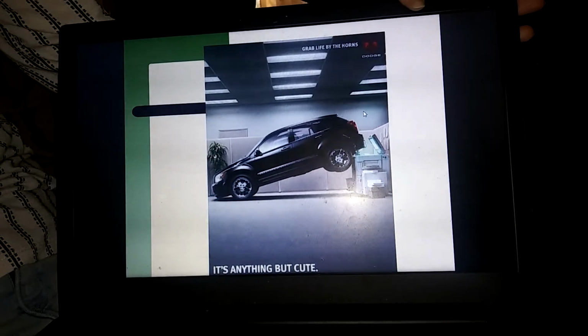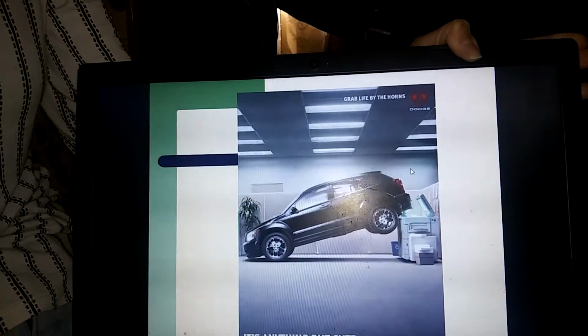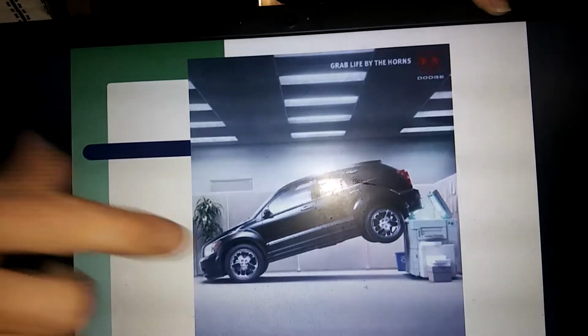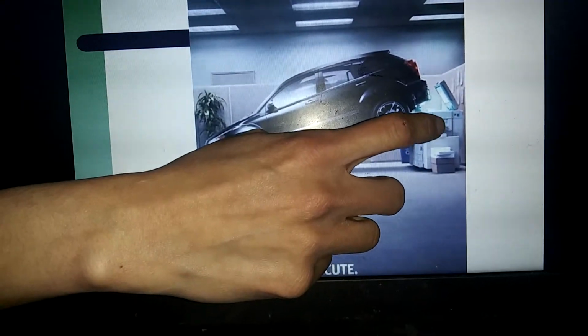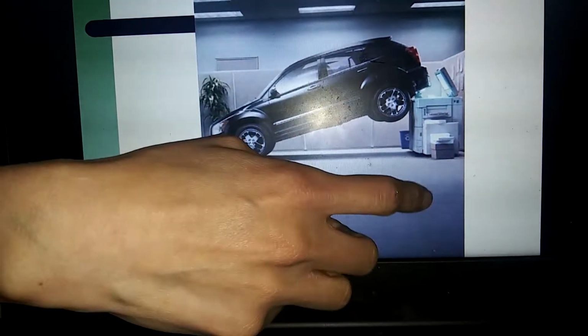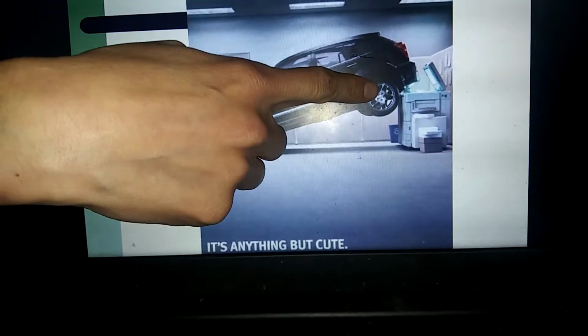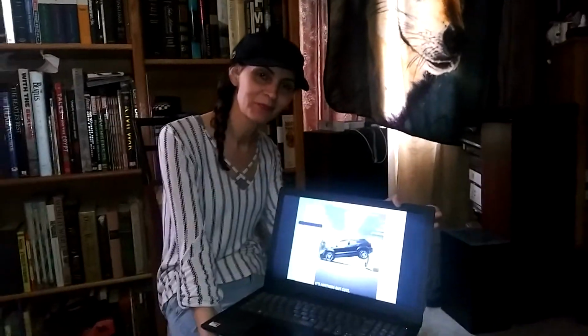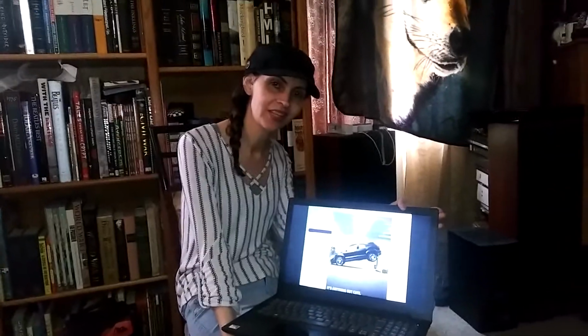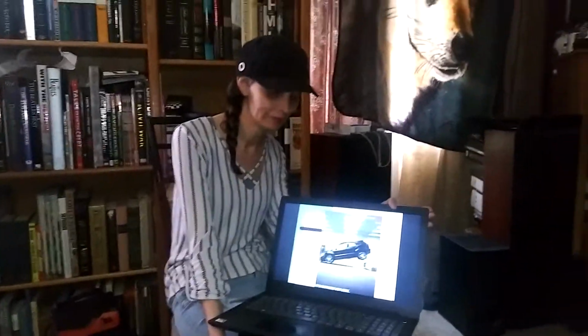This one says it's anything but cute, and you probably won't understand this one, but back in the day, people used to, for kicks, I guess, sit on copy machines and copy their butt. It sounds funny. That's what this car is supposed to be doing, so it's supposed to be cutesy. So what do you think that would be if something's supposed to be cutesy, humorous, anything like that? What would that be?